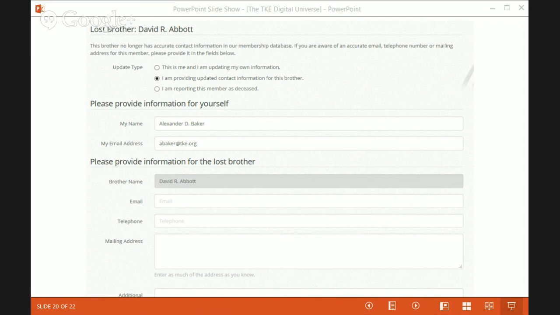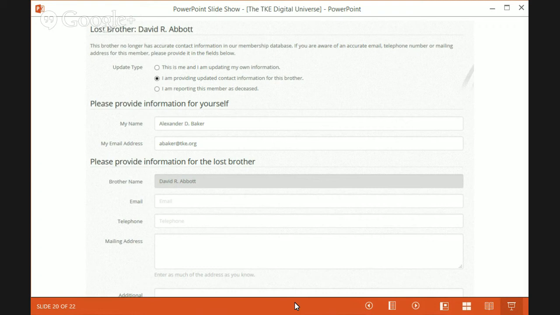This area is a really huge focus for us, and the reason for it is we want to get more alumni engaged. Now, the first way to get engaged with them is to get their contact information. We have thousands of TKEs that we have completely lost contact with. And we're not sending them the magazine, we're not sending them emails, we're not sending them the digital magazine, etc. We just don't have any connection to these TKEs. And so by using this and having TKEs like you going and helping us find people, there's some really amazing things that can happen.